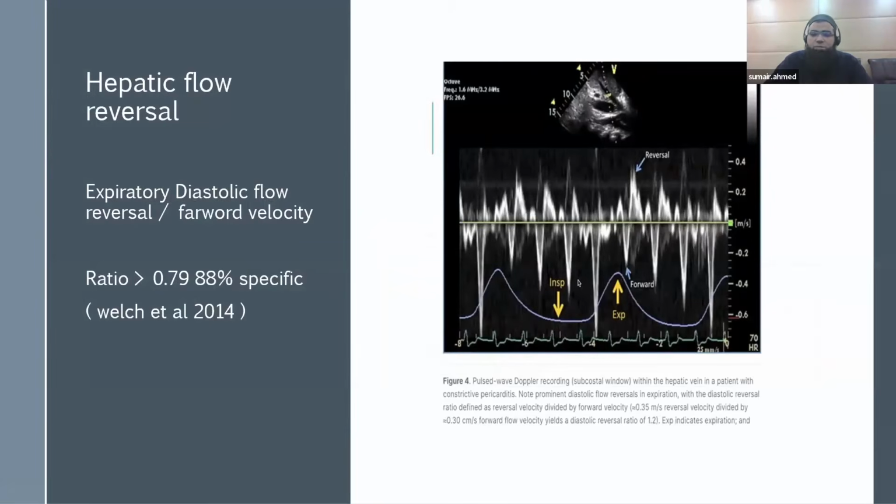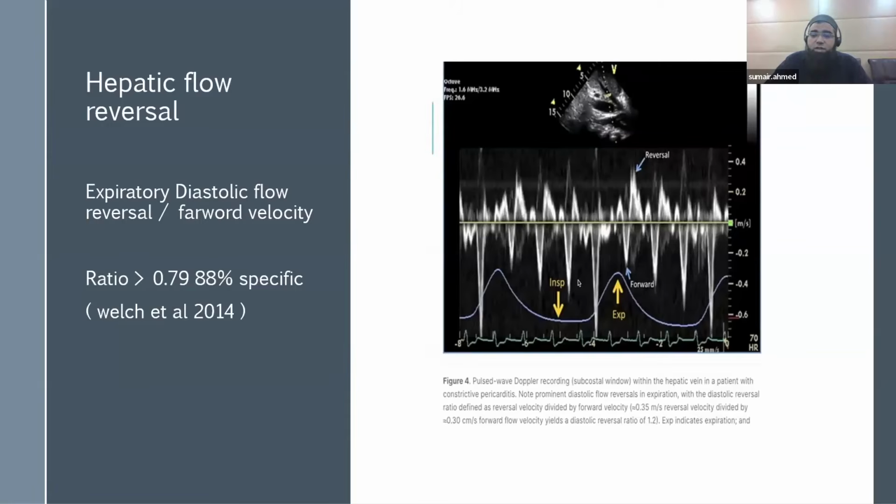Because in expiration, the septum shifts from the LV towards the RV. Therefore, because of this encased pericardium, during expiration the pressure goes back to the RA, then to the IVC, and then again to the hepatic vein. This is all because of the exaggerated ventricular interdependence, where the septum shifts to the RV during expiration. This is not the case with restrictive cardiomyopathy, which has a separate physiology,